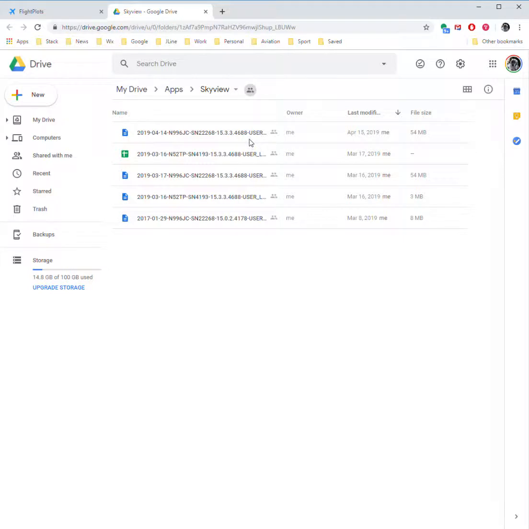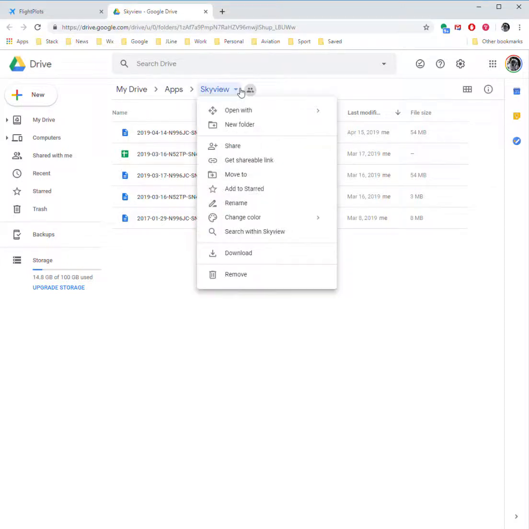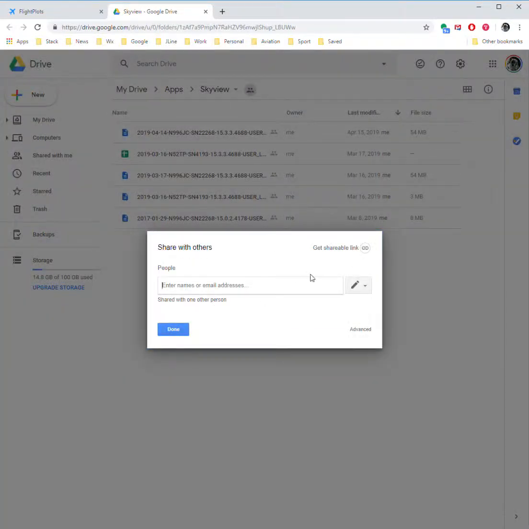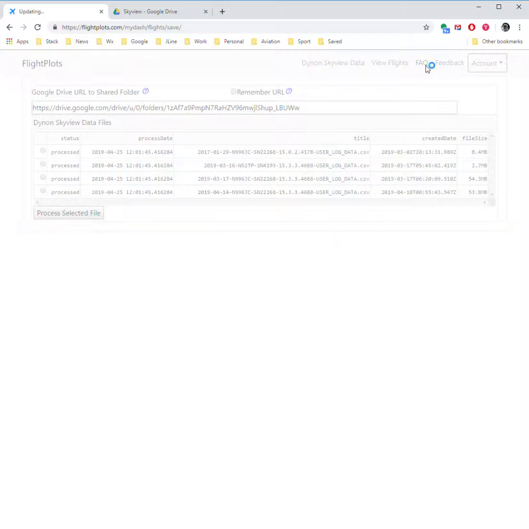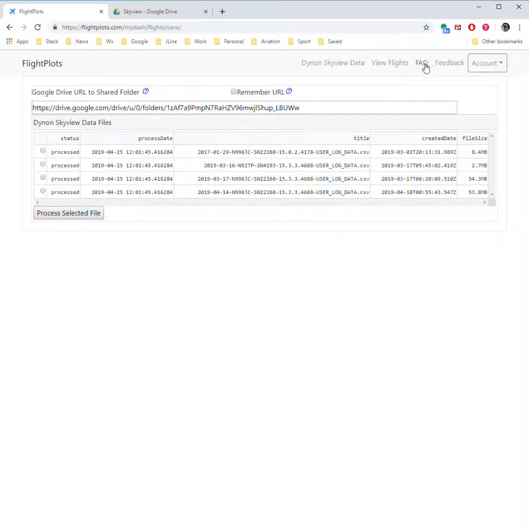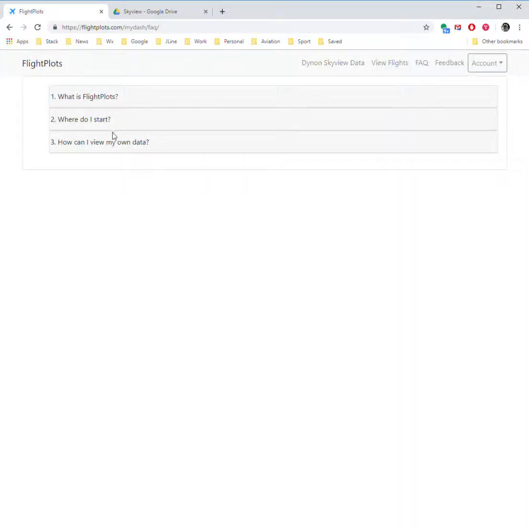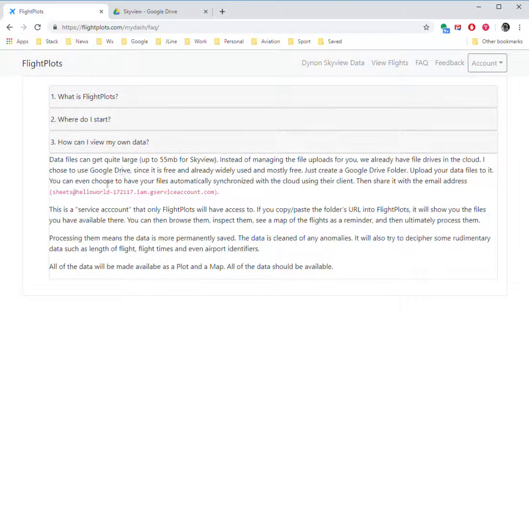The one step you do have to do is you have to share this with the FlightPlots site. So once you have the folder created, you do a share, and you want to go back. It's actually listed under the FAQ. Let's go there really quickly. How do I view my own data? So here's an email address. You want to copy this